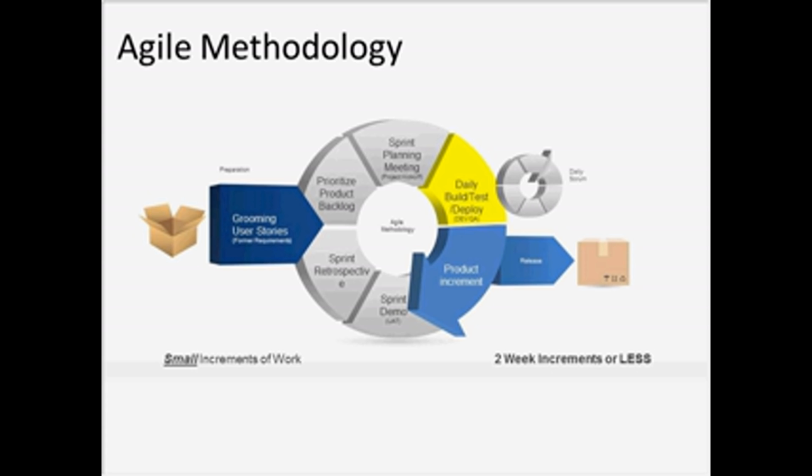And I want to be clear here, we're not educating and trying to give you Agile methodology, but I did want to set the stage for anybody that was not necessarily familiar with the old way from a waterfall perspective to the new way. So I just want to make sure we see where we're headed. And certainly